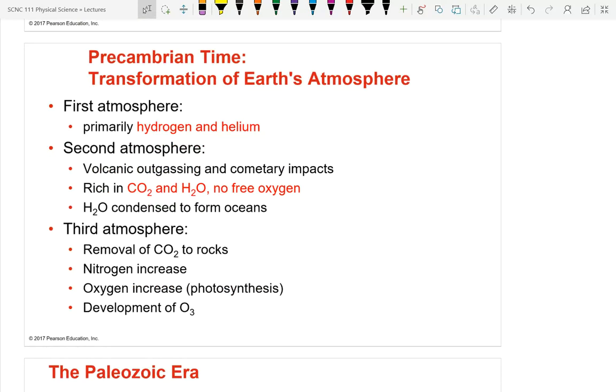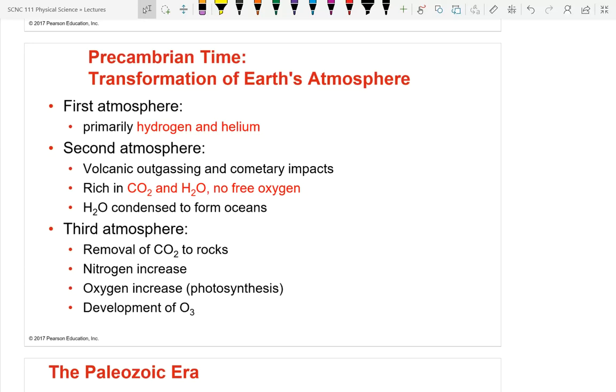I'm going to end on this slide. In the Precambrian time, we believe that there were 3 atmospheres for Earth. The first atmosphere is the atmosphere of when the Earth was formed. When the Earth was formed, we had hydrogen and helium, the primary elements. And so the first atmosphere would have been pretty much hydrogen and helium. But the Earth is not massive enough to hold hydrogen and helium. The speeds at room temperature of hydrogen and helium are faster than the Earth can hold on to,